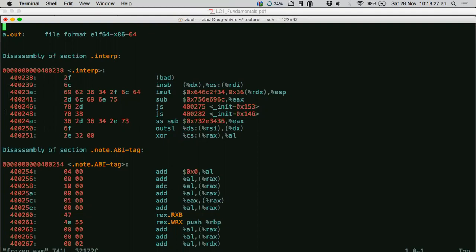This is where the program counter points to. For example, if your program counter wants to start this program, it has to start reading from address 400238. What is located at 400238? 2F, the number representing the instruction.